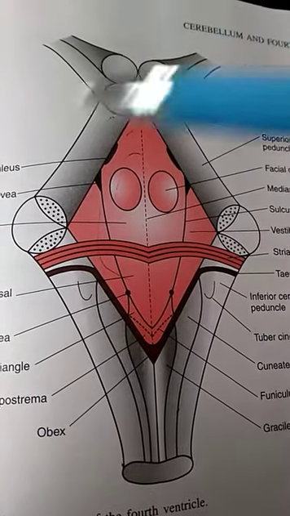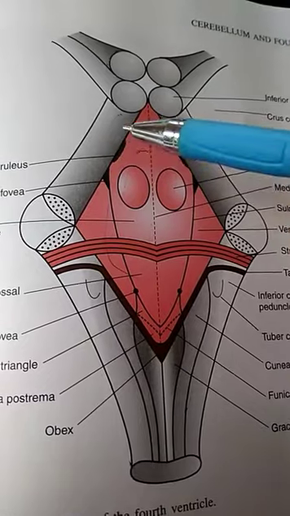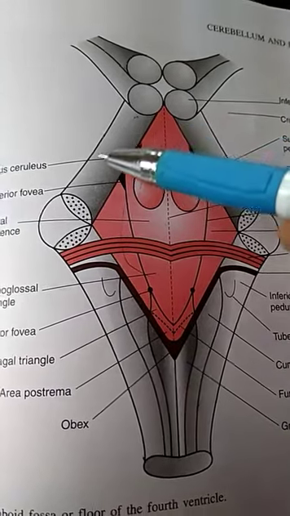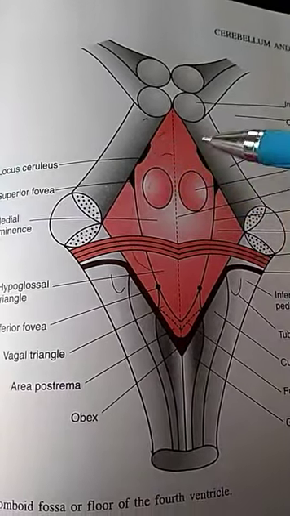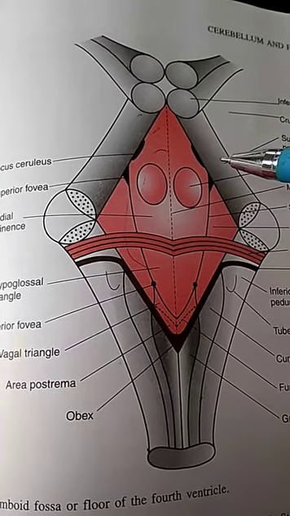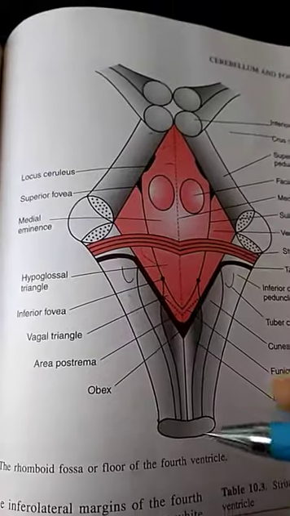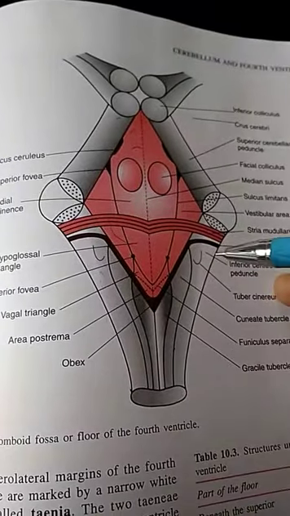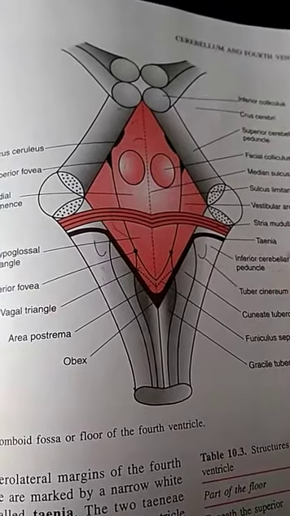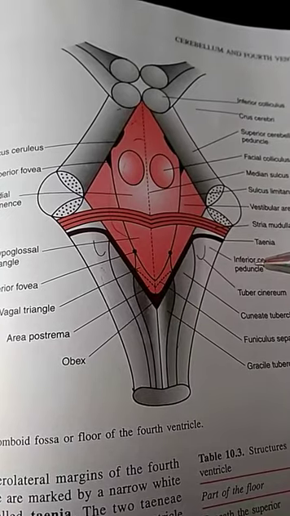The 2 lateral walls are formed superiorly by the superior cerebellar peduncles, whereas inferiorly they are formed by the inferior cerebellar peduncle supplemented by